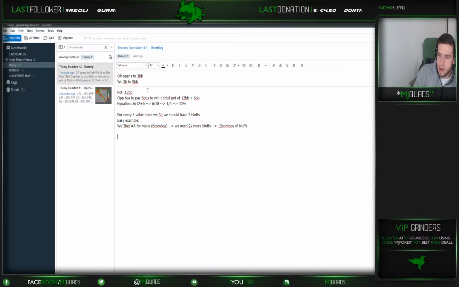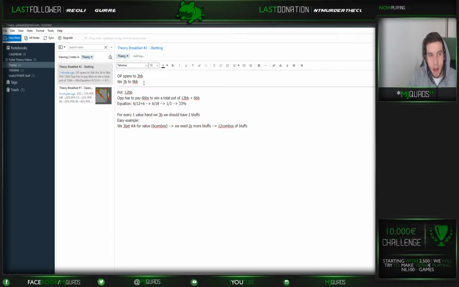If you 3-bet to a bigger size, for example let's say you 3-bet here to, I don't know, 50 big blinds or something like that, let's say you make it 6 additional, so he would have 25%. So you need 3 more bluffs, right? You would have to have more bluffs in your range if you make it bigger. So yeah, anyway,